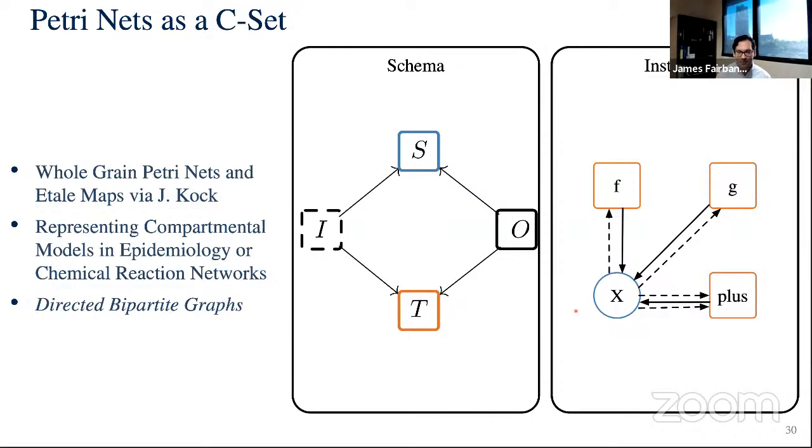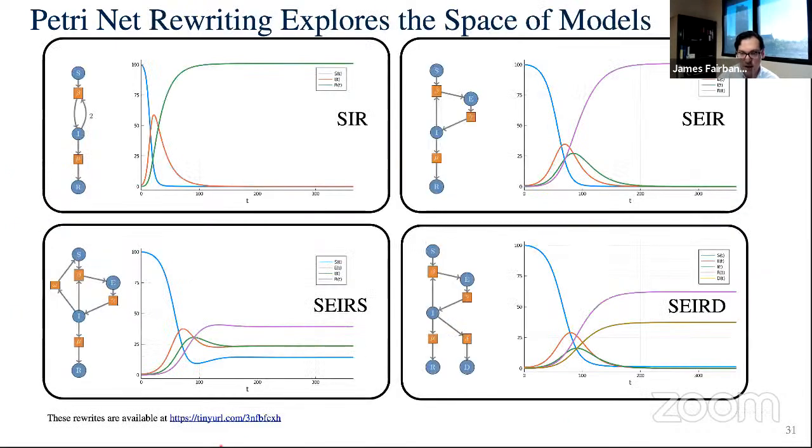So I think there's another open question there, comparing these two formulations: the whole-grain Petri net approach versus this slices over hypergraphs approach. We've been using these Petri nets to represent epidemiological models and also chemical reaction networks. My goal is that I'm not interested in rewriting for rewriting's sake. I'm interested in all of this for the purpose of building scientific modeling tools that are very robust, generalizable, generic, reliable, introspectable, have all these great properties for scientists, easy to use, easy to build, easy to reason about.